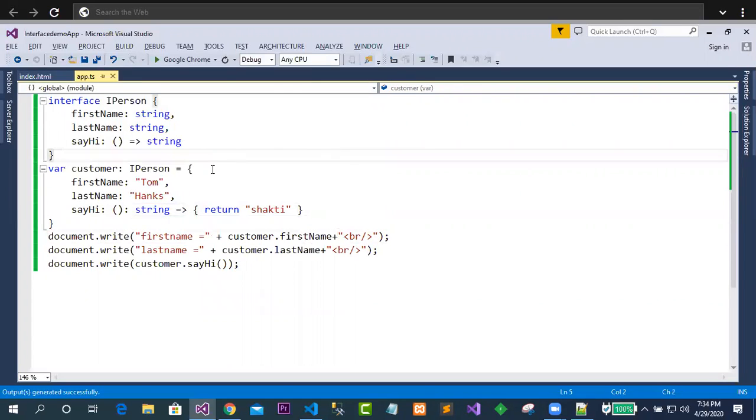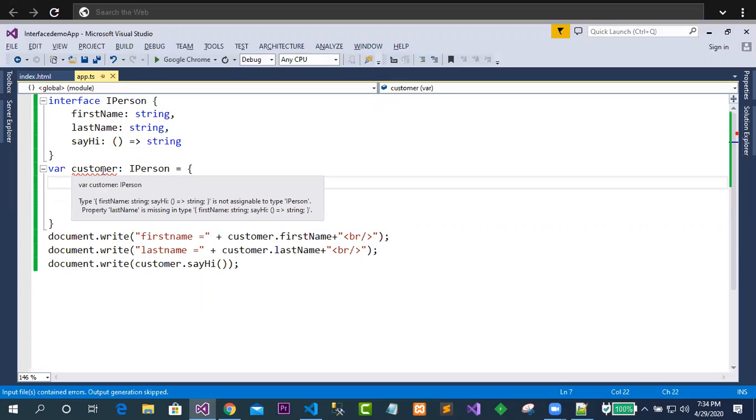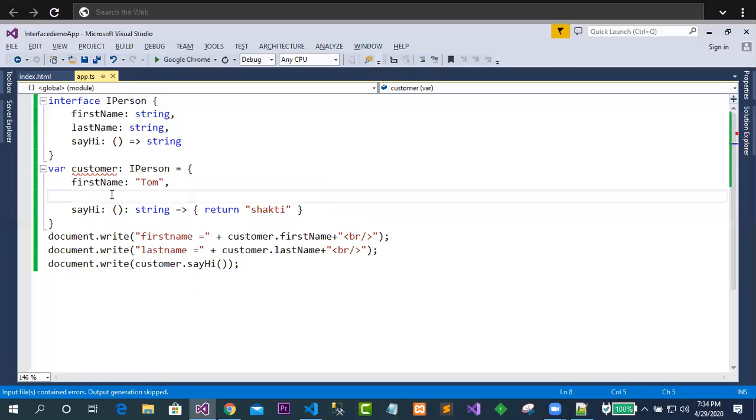But one may ask the question, sir, here last name is defined, it's looking fine, just go for delete this one. So will it show any error? Yes, just see the same error I found. Okay, so here it is telling the last name is missing. So it is simply telling, guys, it's mandatory to define the interface declared member, or you have to give the definition of the declared member of the interface in the implementing object.